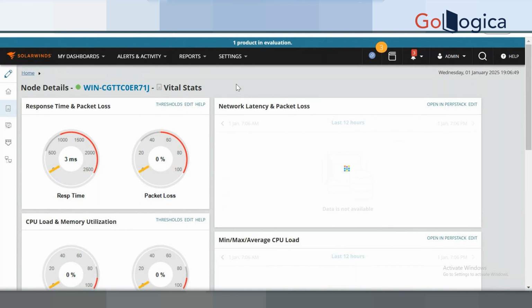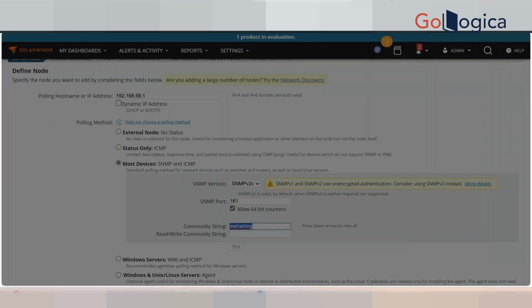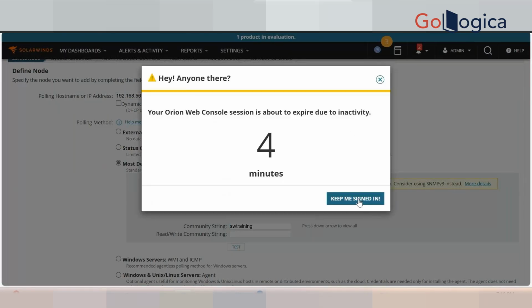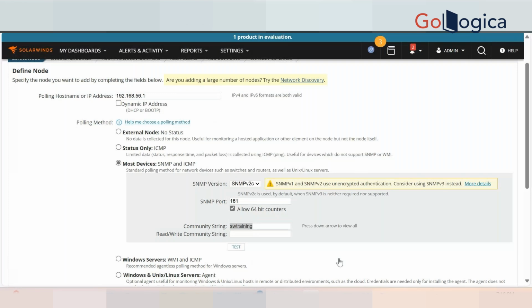I can also give you control if you want to do something. It's nothing much, just adding the routers, like how we add these servers, and all the other information which the node gets or how it can be managed. All that I'll show you in the demo of the SolarWinds console. You can practice it within your environment if you have a practical environment. So in the next class, we will do